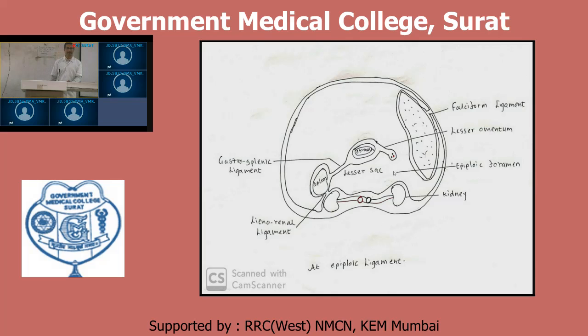There is presence of lesser sac. This one is epiploic foramen, which opens towards right side. Now this is lesser sac, posterior to stomach. Now this epiploic foramen, in relation with this: upper, lower, anterior and posteriorly. Above, caudate lobe of liver. Below, first part of duodenum. Anteriorly, lesser omentum, and posteriorly there is presence of inferior vena cava. Now this epiploic foramen opens towards right side of abdominal cavity.